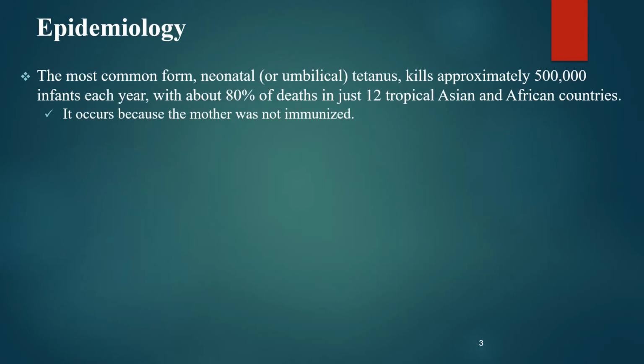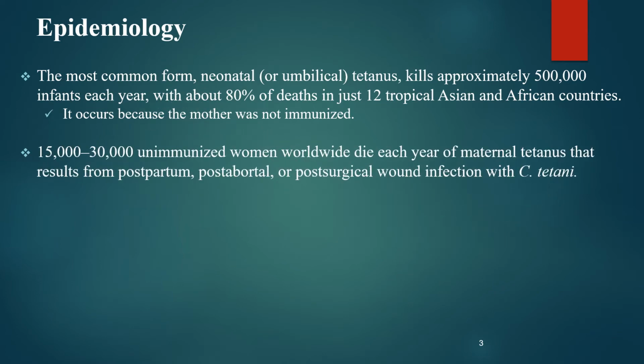When we look at the epidemiology of tetanus, the most common form, neonatal or umbilical tetanus, kills approximately 500,000 infants each year, with about 80% of deaths in just 12 tropical Asian and African countries. This occurs because the mother was not immunized in those areas. And 30,000 to 50,000 unimmunized women worldwide die each year of maternal tetanus that results from postpartum, post-abortal, or post-surgical